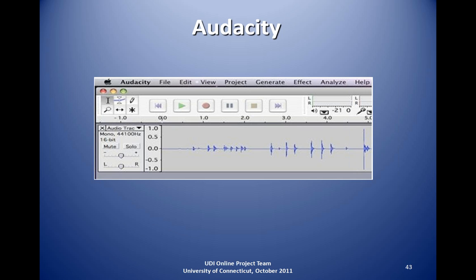Audacity. Audacity is a free downloadable tool which is essentially a recorder. You can have it running in the background of your laptop and record a conversation that is happening in a classroom setting. The way many of my students have used it in blended classes is to record during office hours. When the students come in, they will let the faculty member know, do you mind if I record what you're explaining to me or information that you're providing?